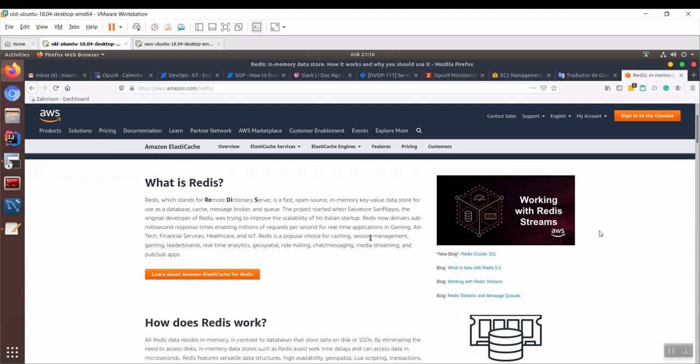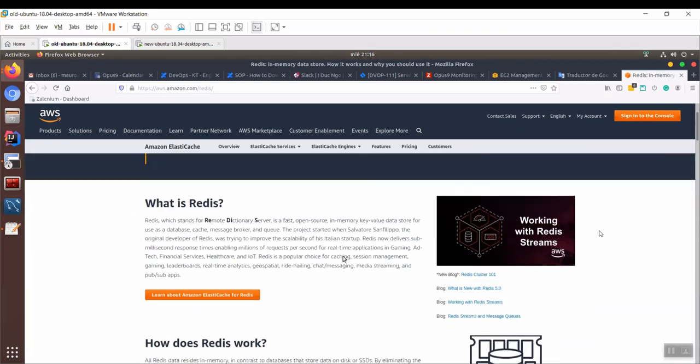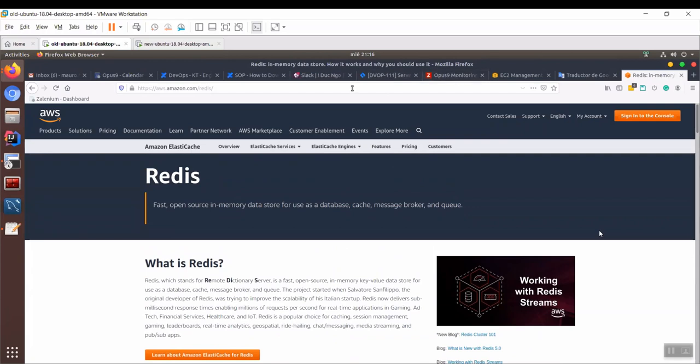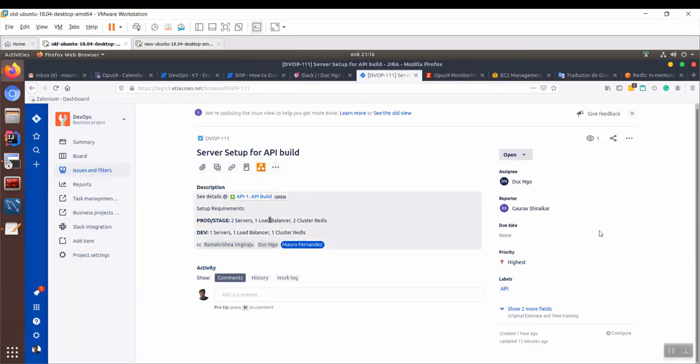Take a look at the price for Redis with a small instance, and also the price for an EC2 instance. We need two EC2 instances, two servers on production, two servers on staging, and one load balancer. Today check the monthly cost for two small instances.